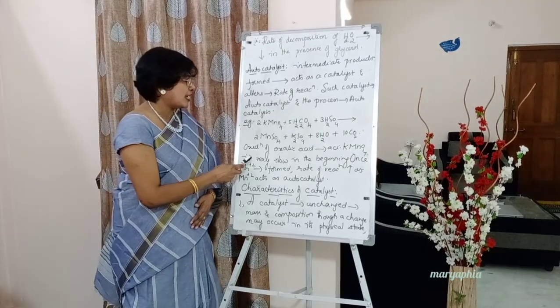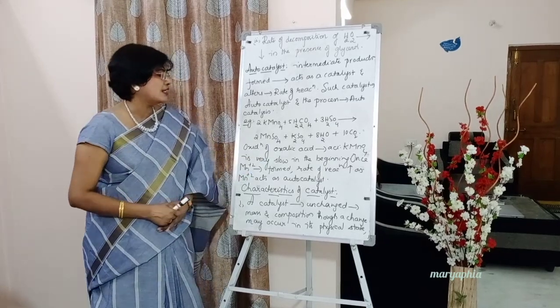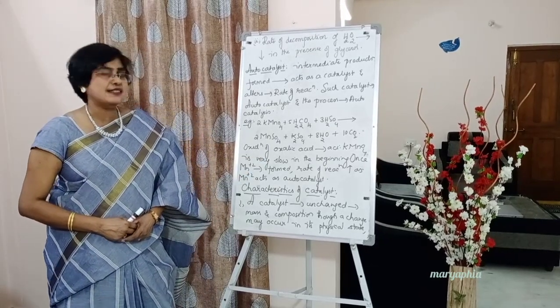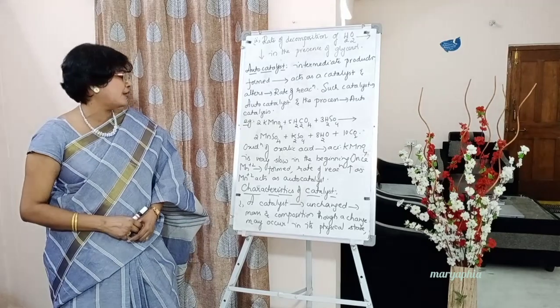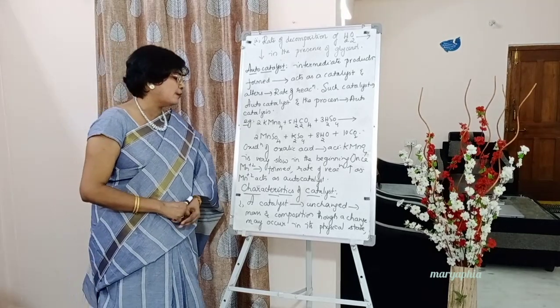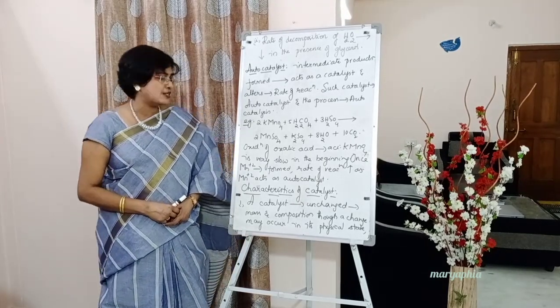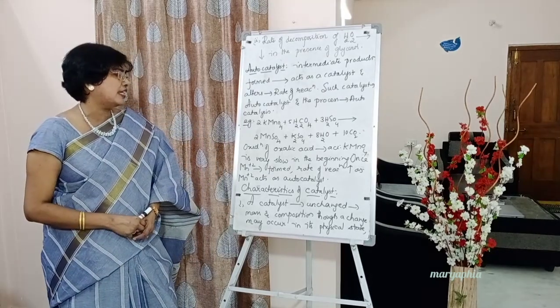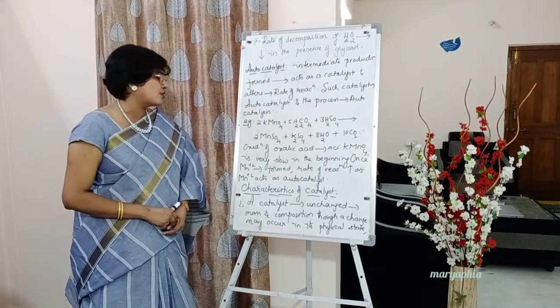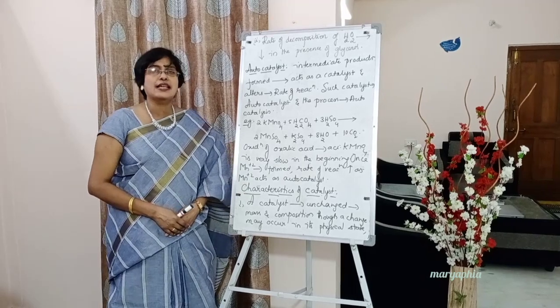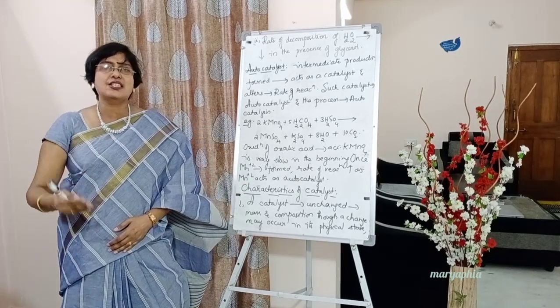Next. Below write down: oxidation of oxalic acid taking place in the presence of acidified KMnO4 is very slow in the beginning. Once Mn plus 2 is formed, the rate of reaction increases as Mn plus 2 acts as autocatalyst. So this is all the introduction about the